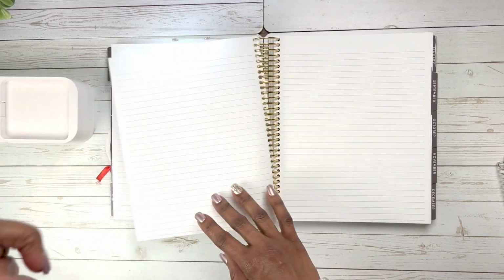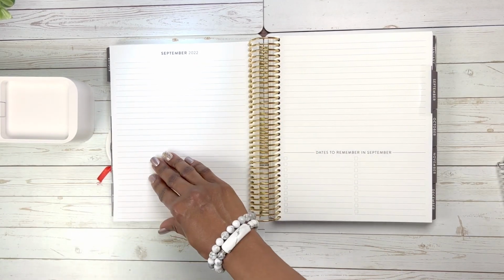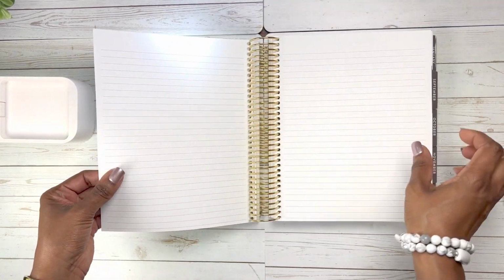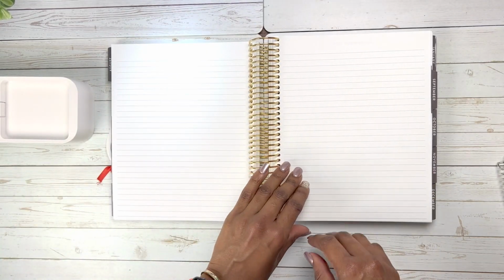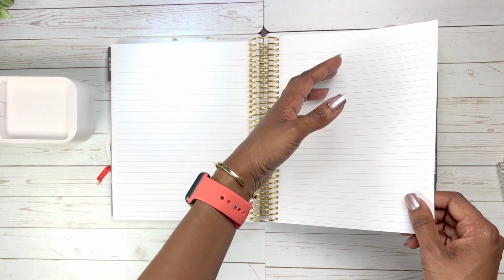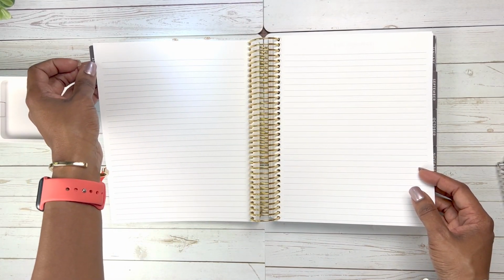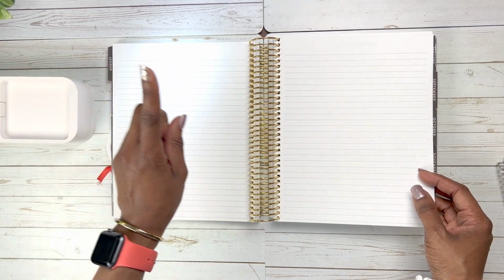At the end of each month, you get 1, 2, 3, 4, 5. Nope. I don't want to count that. I'm going to tell you why in just a second. 1, 2, 3, 4 notes pages. This is actually an extra notes page after the month. And I believe Erin Condren did that because